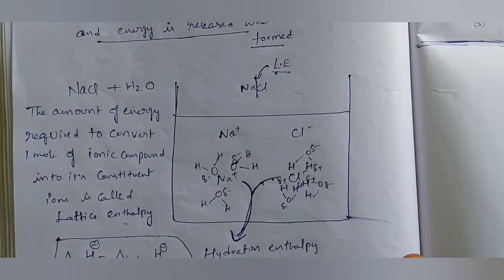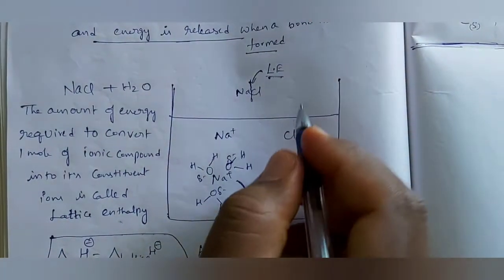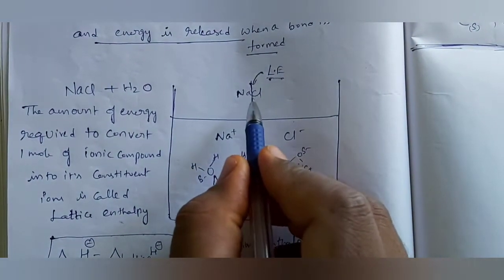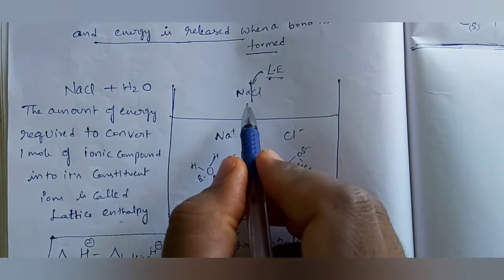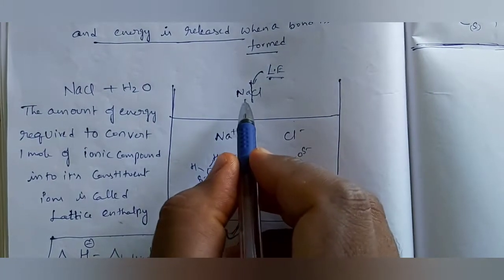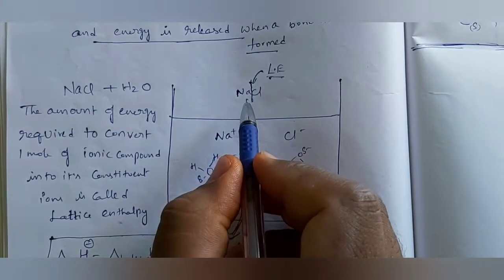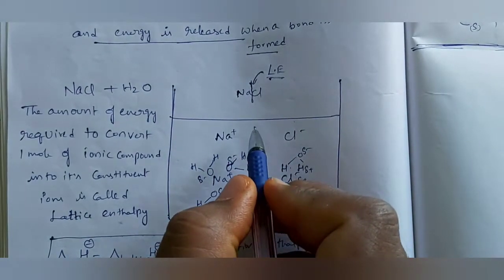Let us see what we are going to discuss in today's class. In the previous class, we have seen that when a solution is going to be prepared, generally we will add solute to solvent. Here let us consider the solvent as water and the solute as NaCl. When we are adding that NaCl to water, what is going to happen?